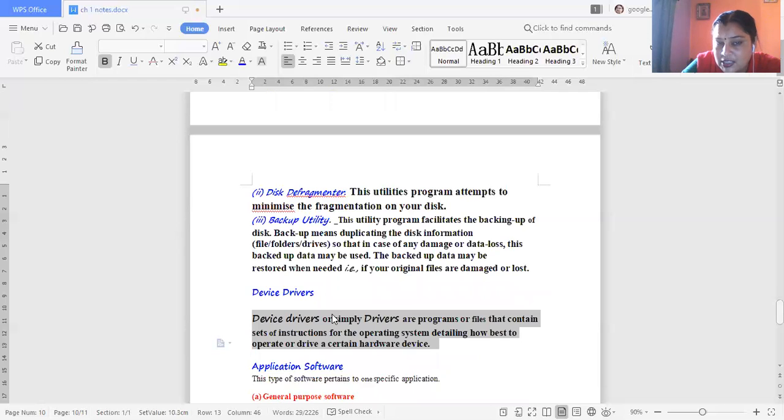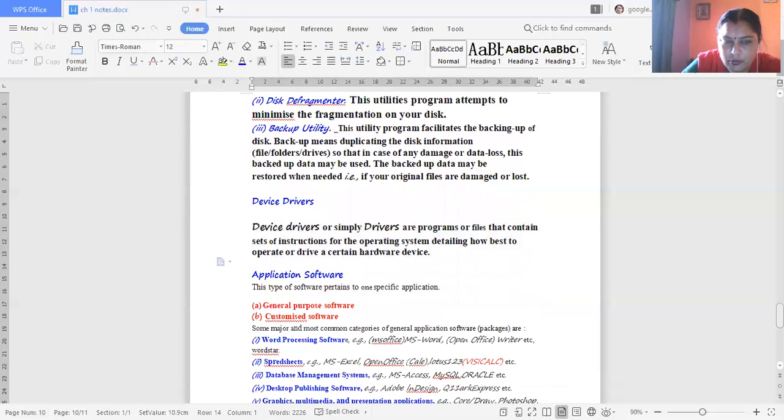It is the software used to work on a particular hardware device. Suppose we want to work with a printer. To operate the printer, we have to install the driver for that particular printer. So this is known as device driver software.